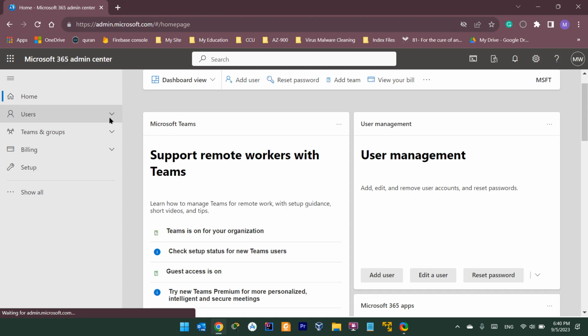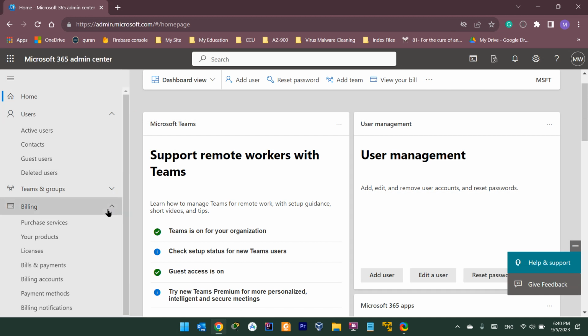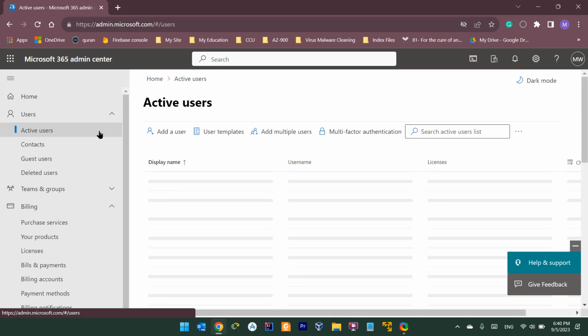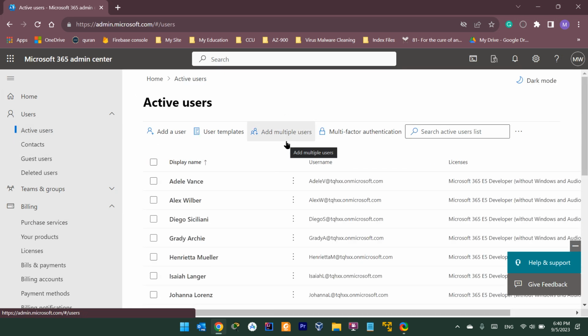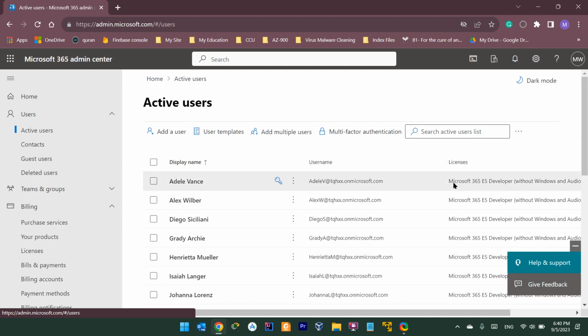We have various options such as users and groups, billing, setup, everything. Licenses, every license we have. Now, to create a user, we can go and see what are the existing active users. These users have accounts, email accounts, and licenses. One method, click add a user,